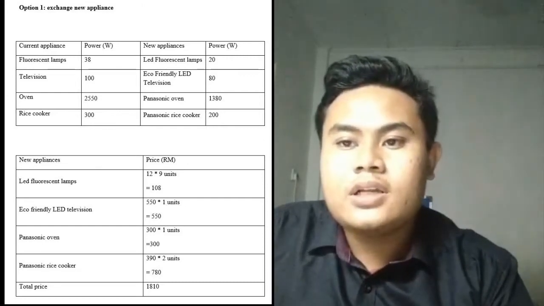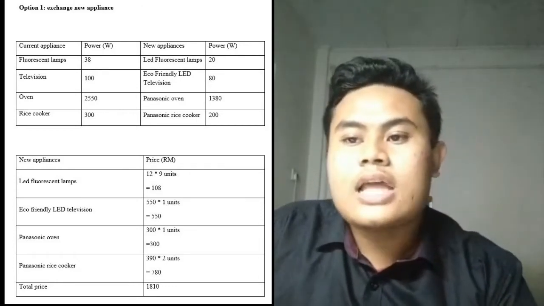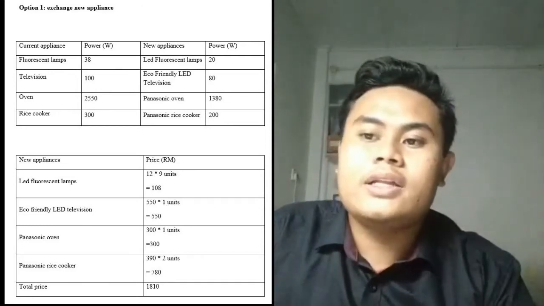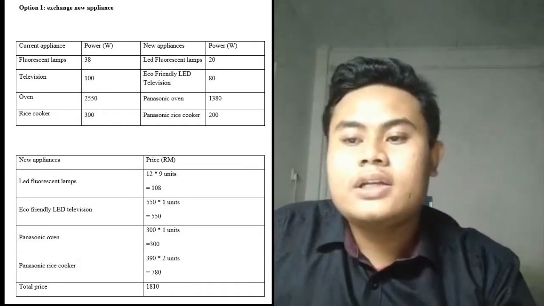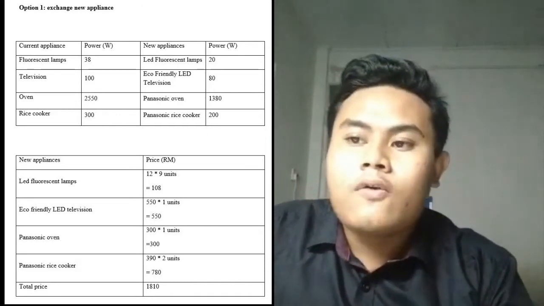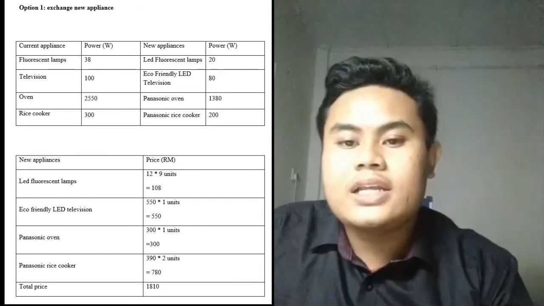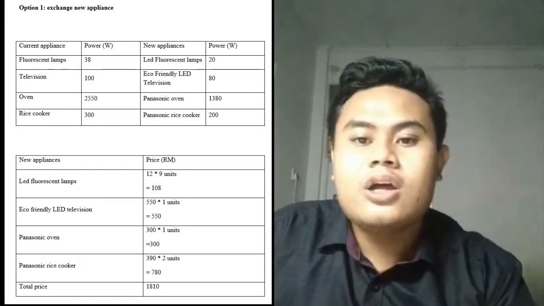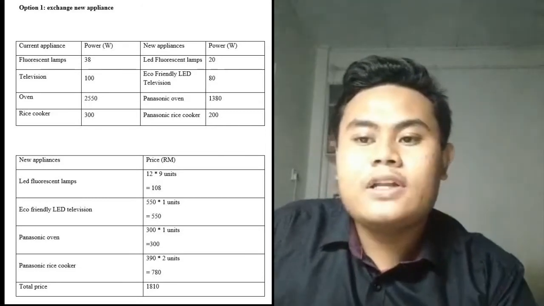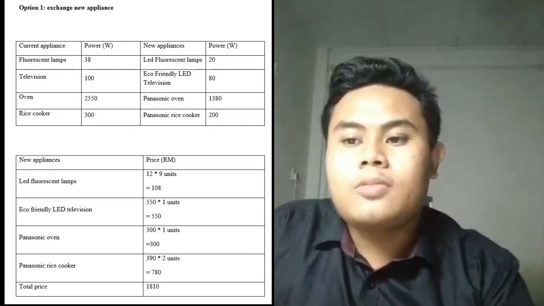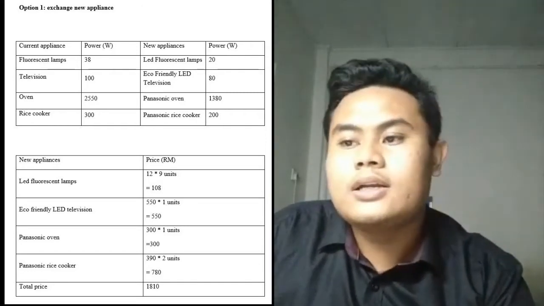Washing machine and rice cooker. First, rice cooker, change to new rice cooker. The type is Philips 1.8 liter jar rice cooker, Daily Collection HD 3018. The watt is 415 watt. The price is 199 ringgit. Second, washing machine, change to Panasonic fully auto 7.5 kg top load washing machine. The watt is 500. The price is